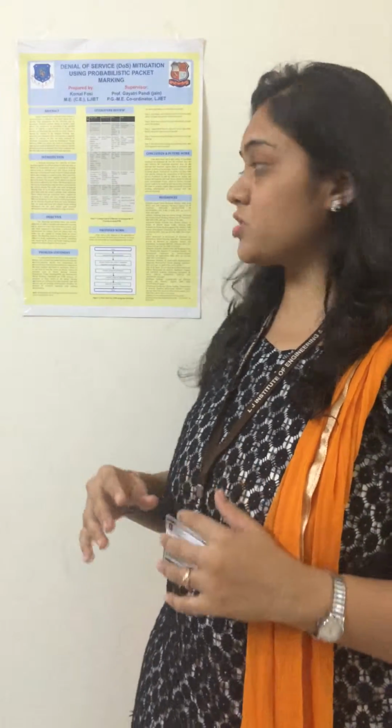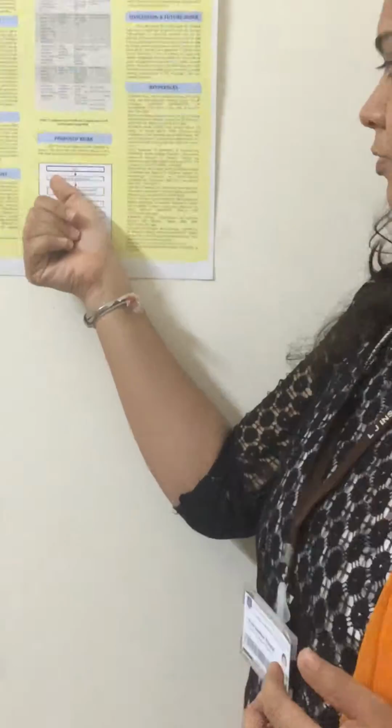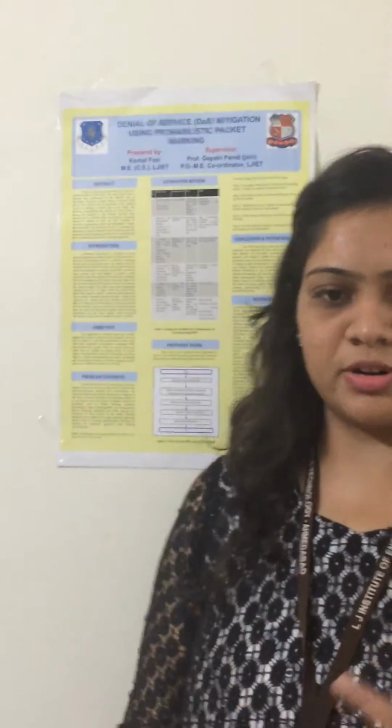So in my system, initially a packet is received by the router, which marks the packet, computes the signature and appends it to the packet. Here the signature uses public key cryptography, and then the router forwards the packet, and the victim verifies the marking and at last generates the attack path. So that is the proposed work of my system.